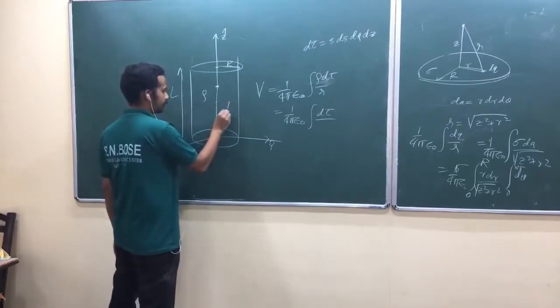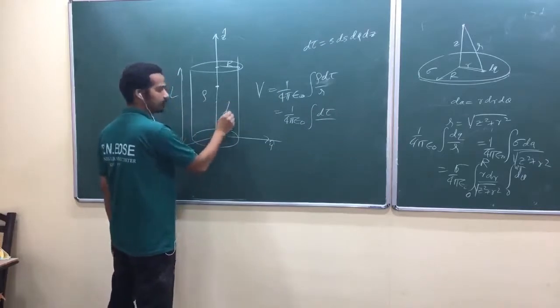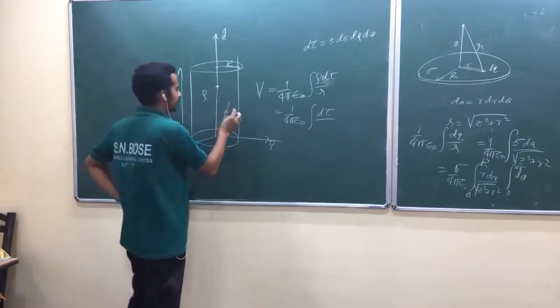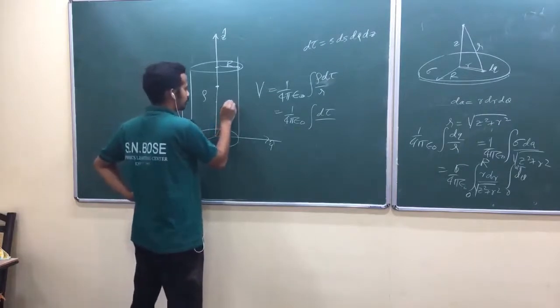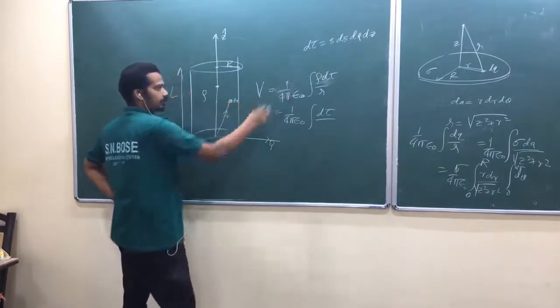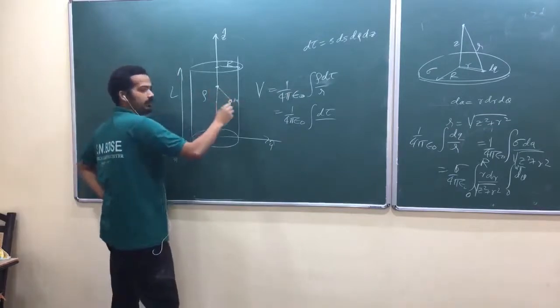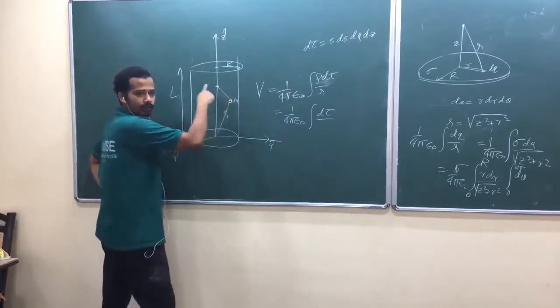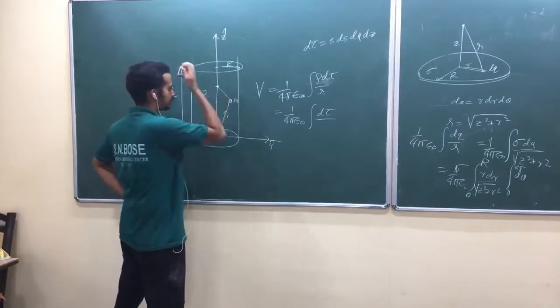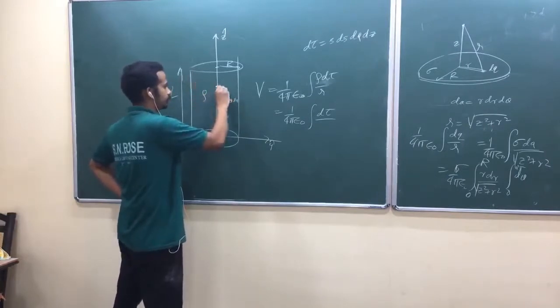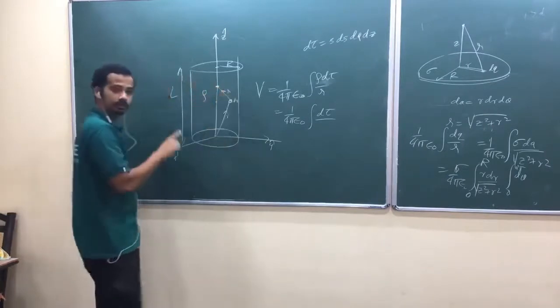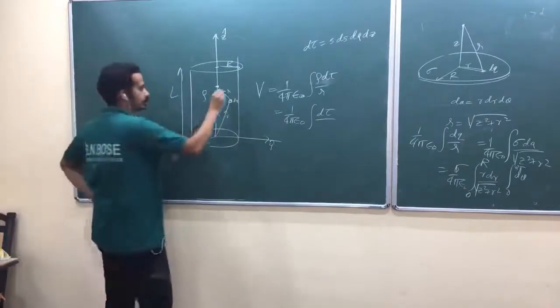Suppose I take this one as some r. From the origin, let me take this one volume element where I have charge dq, and dq is equal to rho dτ. It is at a distance italic r. Italic r is always from source to field. You have to take it as a vector.